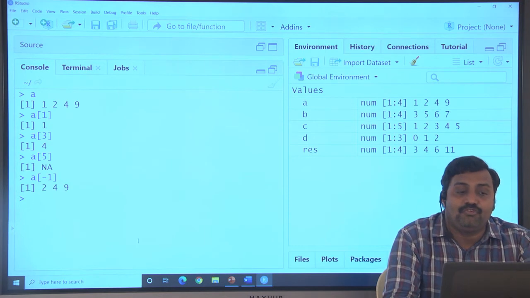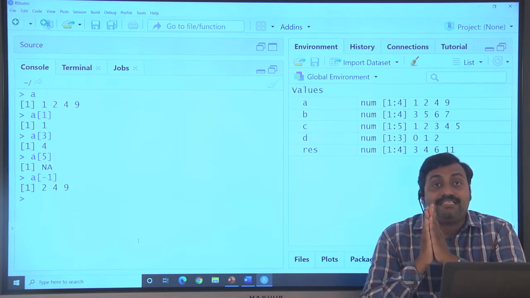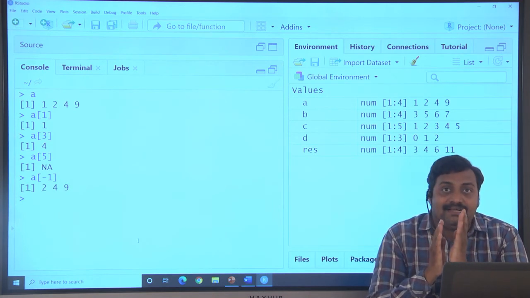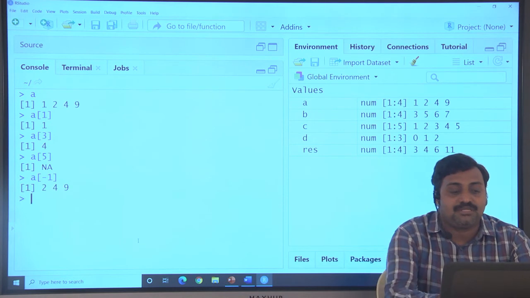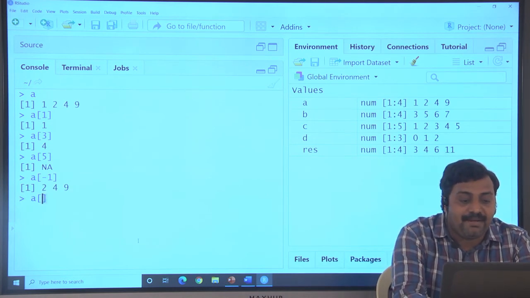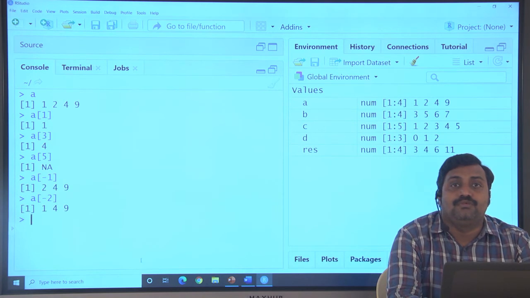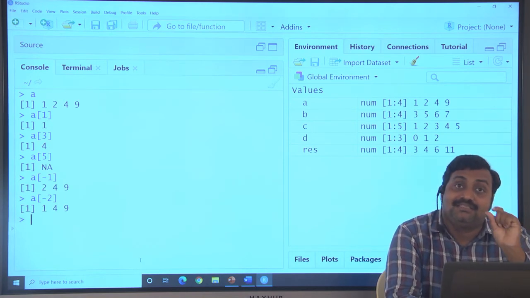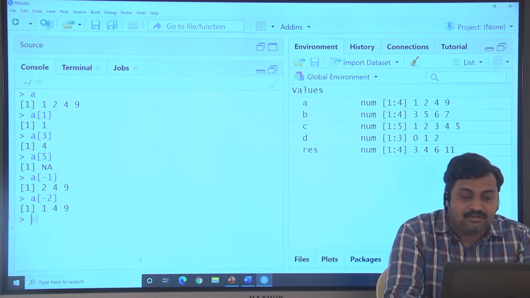What did you find? It omits the first value and displays the remaining values. Suppose A of minus 2. It omits the second position value and displays the remaining values.